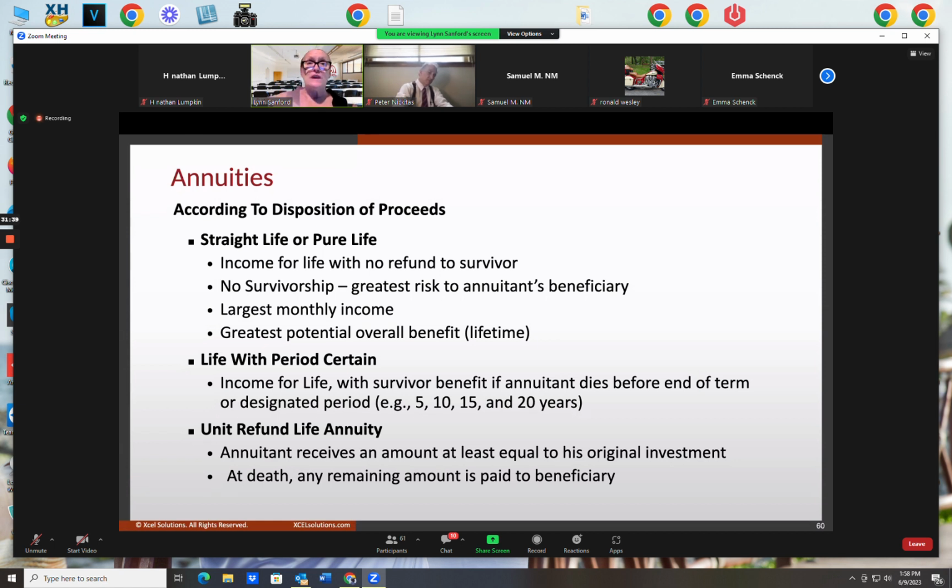Now, if you keep on living to be 105, long after all the money you paid into the annuity plus interest has been paid out to you many years ago, you have been living on the insurance company's money all these years. It's just if you die prematurely, before all the money gets paid out to you, then there is no beneficiary named, and any money not paid out to you will be kept by the insurance company. Why do they keep it? To have money to pay the person that does live to be 105 or 110, long after the money they put in the annuity is paid out to them and they've chosen a straight life payout.